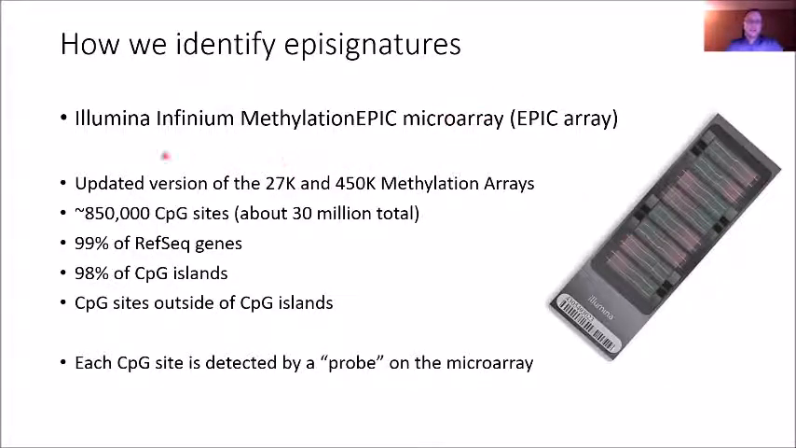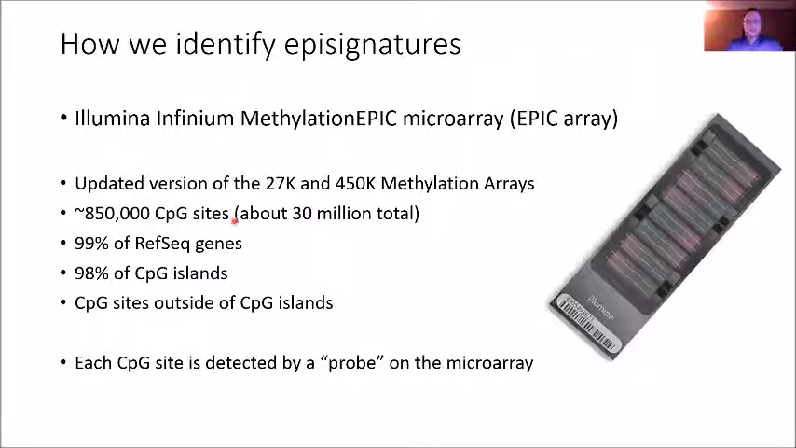The measuring of the DNA methylation is done using something called a microarray. In particular, we use one from a company called Illumina. It's called the Infinium MethylationEPIC microarray, or EPIC array for short. It's their newest version, after their older versions, which were the 27K, or 27,000, and the 450K arrays. The new version measures DNA methylation at about 850,000 CpG sites across